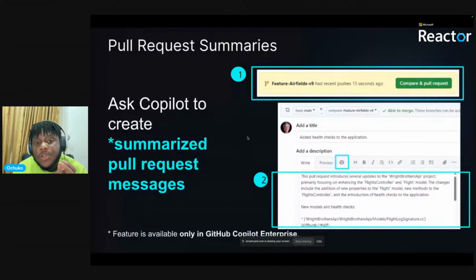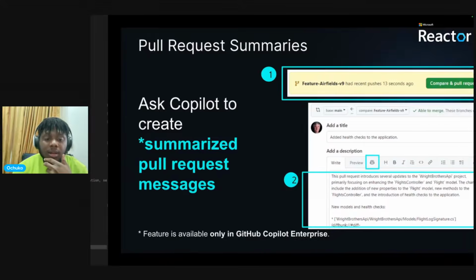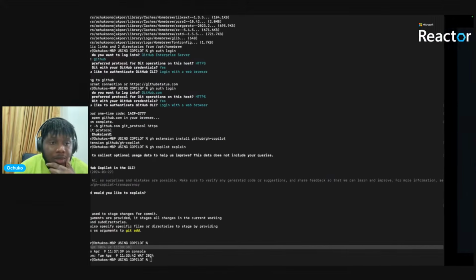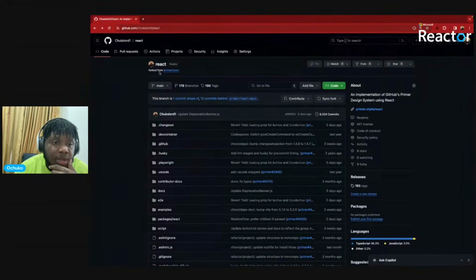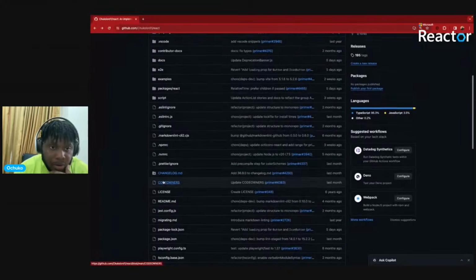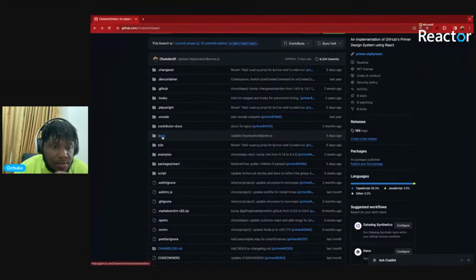Okay, now moving on to github.com. We also have Copilot on github.com, where you can actually do a lot of things. One of the examples of the things you can do on github.com using Copilot Enterprise, which is one of the new plans that GitHub just released. Let's say we go to a really public repo, and select